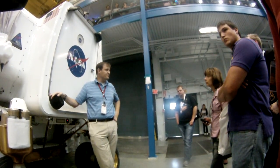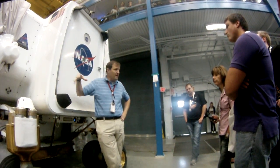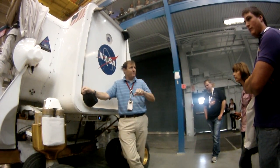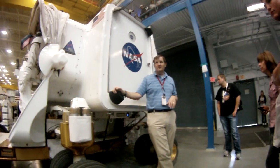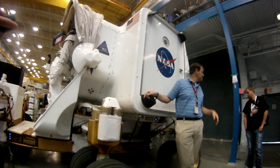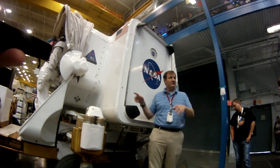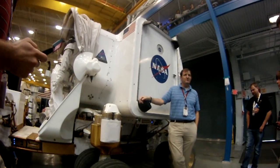You want to do that like motion. And you know, the big thing is electric vehicles. I think this kind of technology, the battery, the regenerative braking, the by-wire systems, will translate well back into the car. We think there's a lot of technology out of this to transfer down to